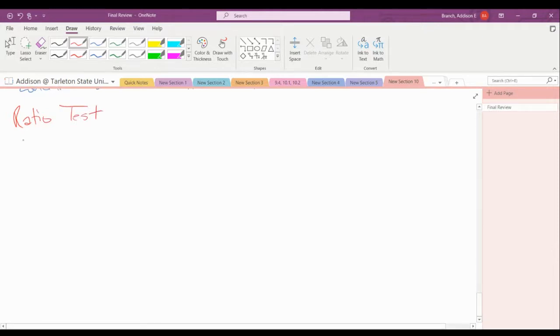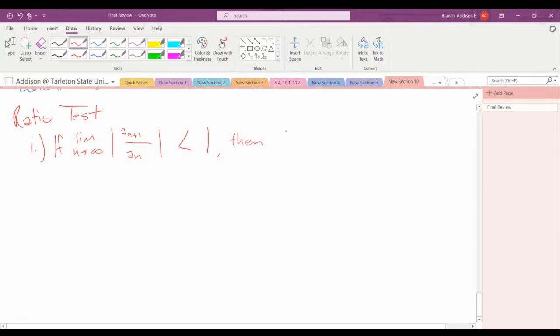So our ratio test has three pieces to it. It says that if the limit as n approaches infinity of the absolute value of a_(n+1) over a_n is less than 1,